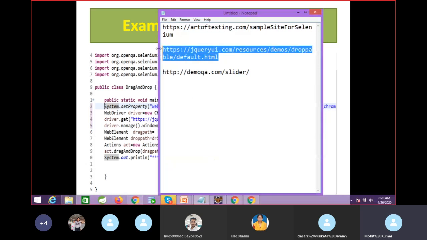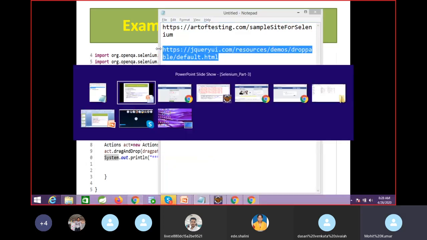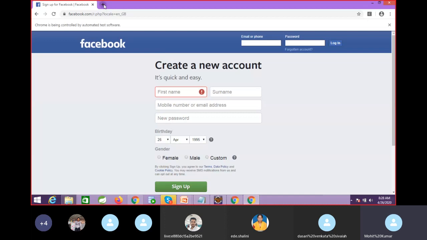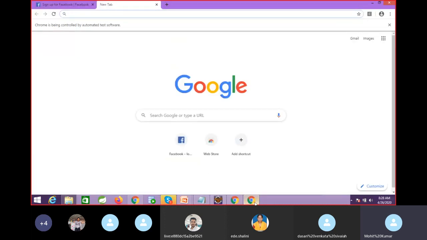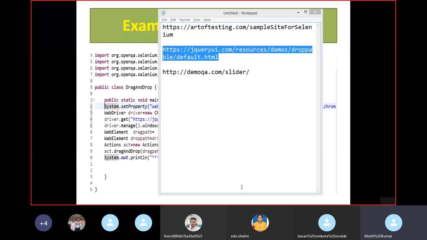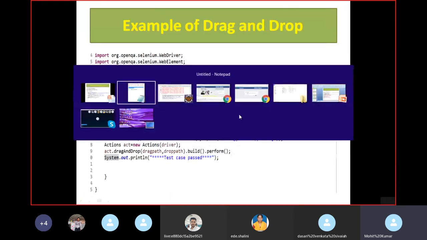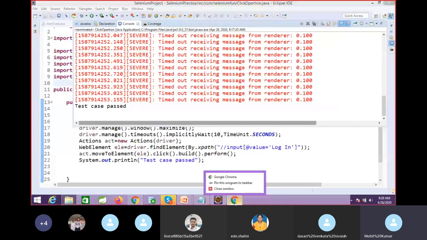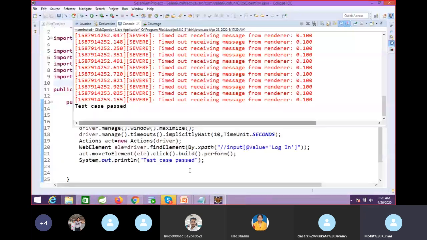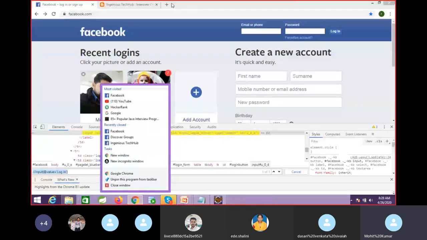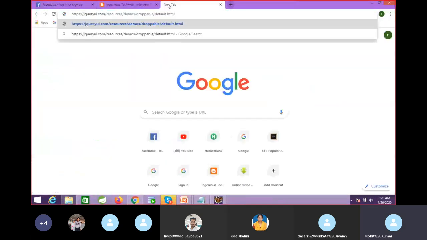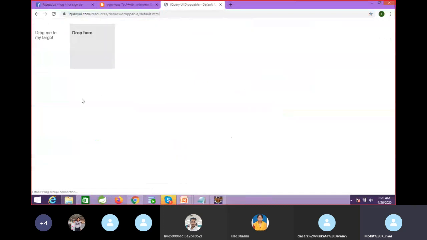So this is the URL. You can enter it here. I will not perform it here, because when you are automating, something will not work properly in this browser. So don't use this browser; you can close it and use your current browser. Here, what you have to perform is this dummy operation. We need to do this drag and drop.